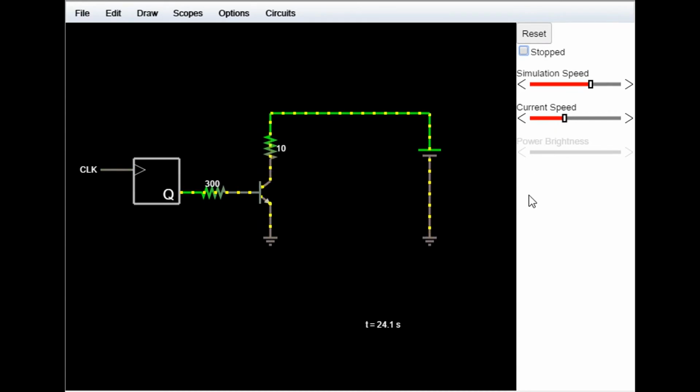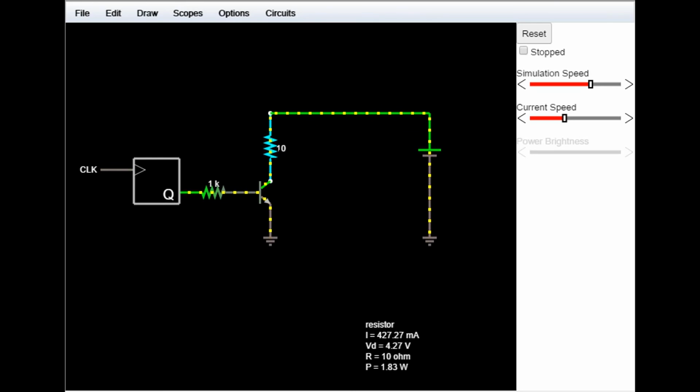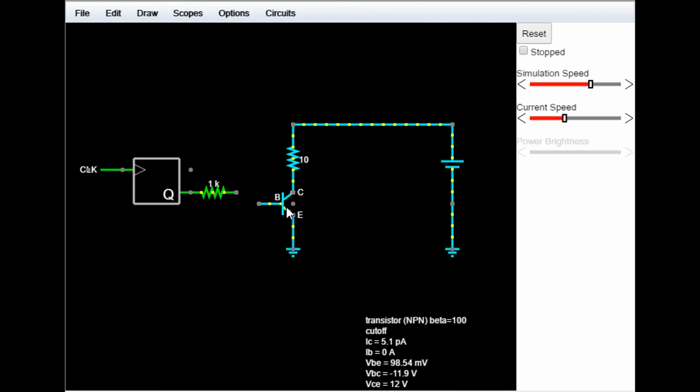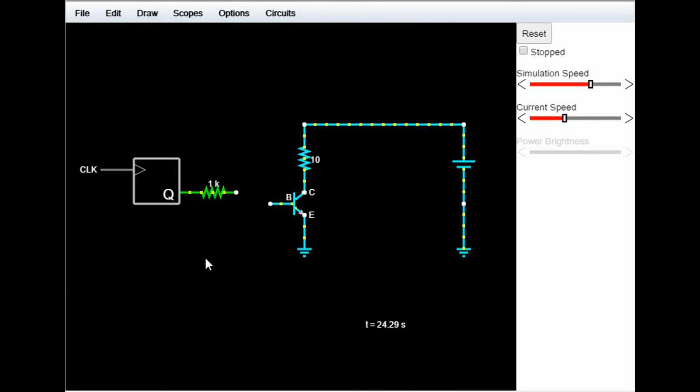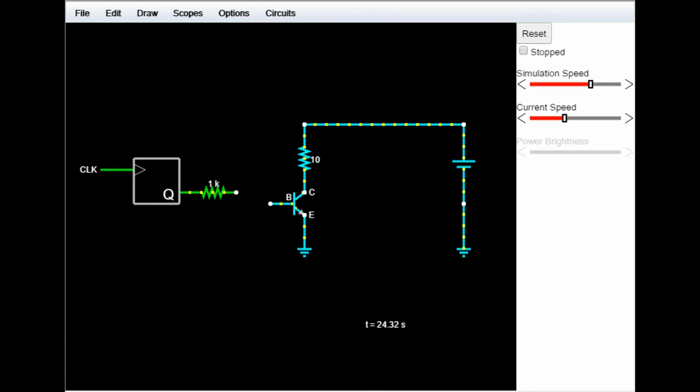Let's take a look. Now here we're going to add the limitation that the microcontroller should really only be driving about 10 milliamps. And you can see here that it's driving about 15 milliamps if you look in the bottom right. We can change the resistance of this resistor, but then you're going to get a very low current going through your motor. It's not going to be driven at full power. Turns out that there's a relatively simple trick that we can do to fix this, and I'll show you what that is. We need to use another transistor.